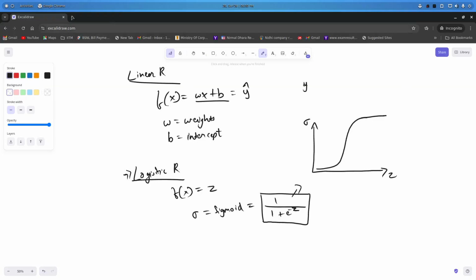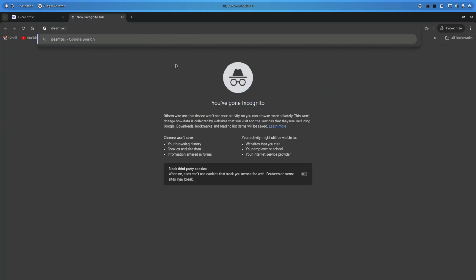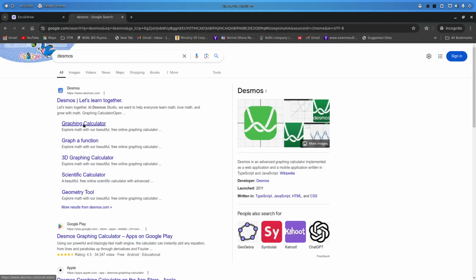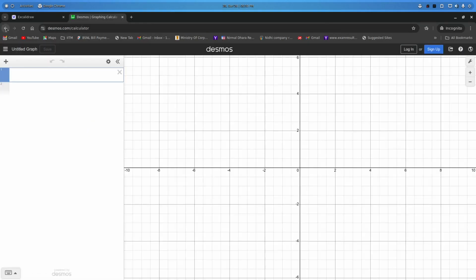Let me show you as well. If I check in Desmos, the function is defined as 1 upon 1 plus e raised to the power minus z, right? And in the z I'll add